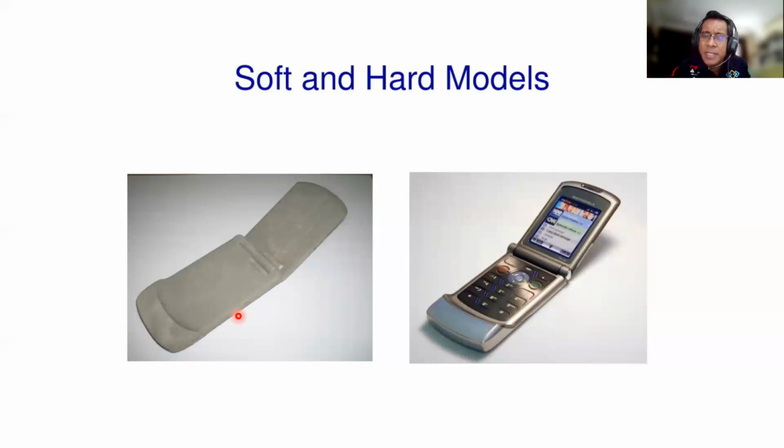So they can also be made from wood, plastic, metal, whatever, to show the physical product, the texture of the product. Some products can have a hard model, for example, with working buttons. You can push the button, you can slide, you can flip the phone, you can move it, you can see. So this is called a prototype for the hard model.